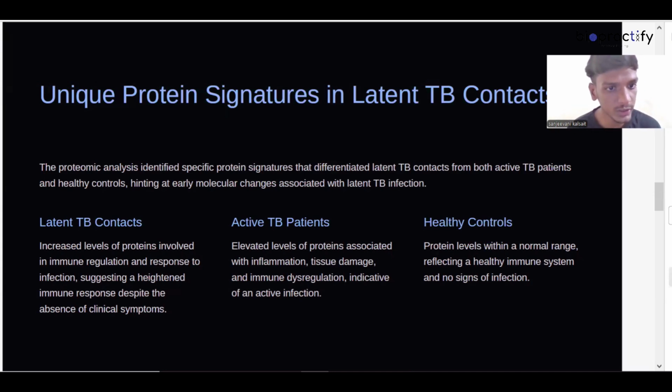First is latent tuberculosis contact. Increased levels of proteins involved in immunoregulation and response to inflammation, suggesting a heightened immune response despite the absence of clinical symptoms. Active tuberculosis patient: